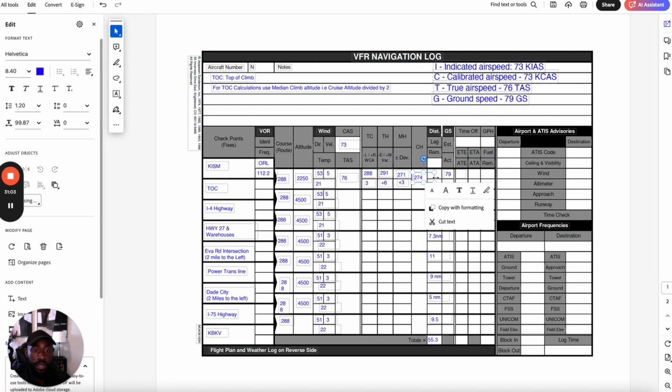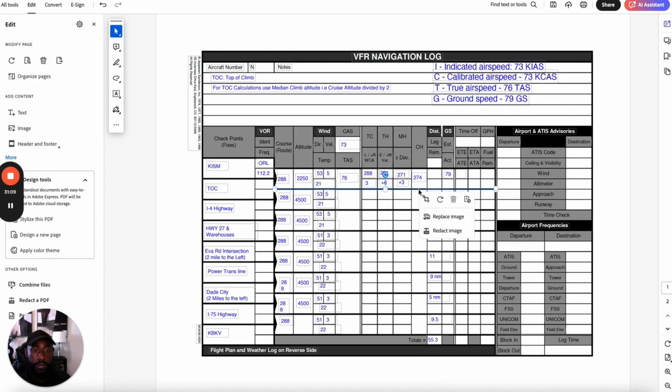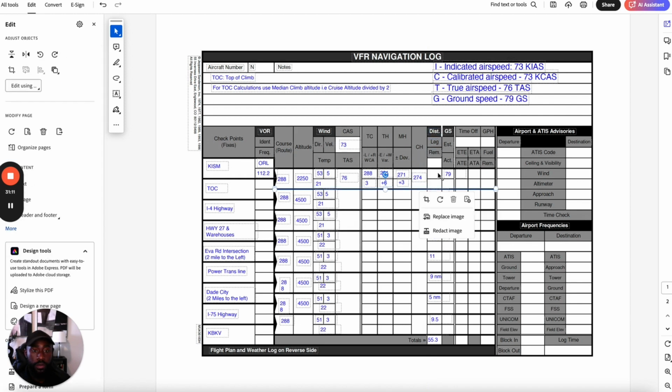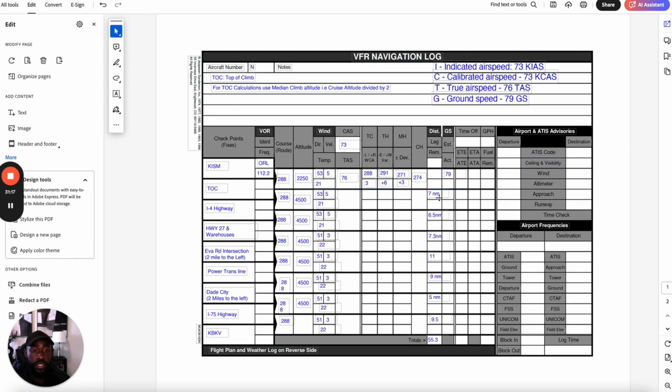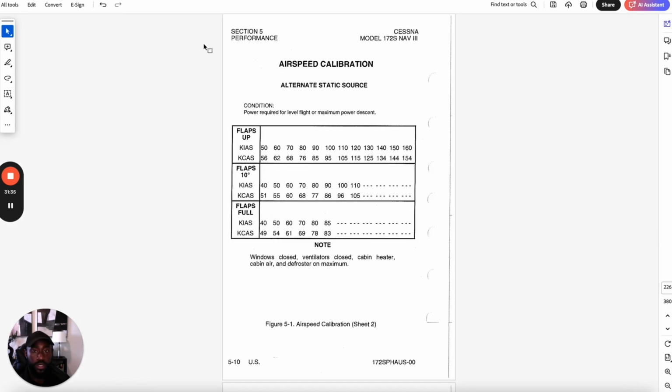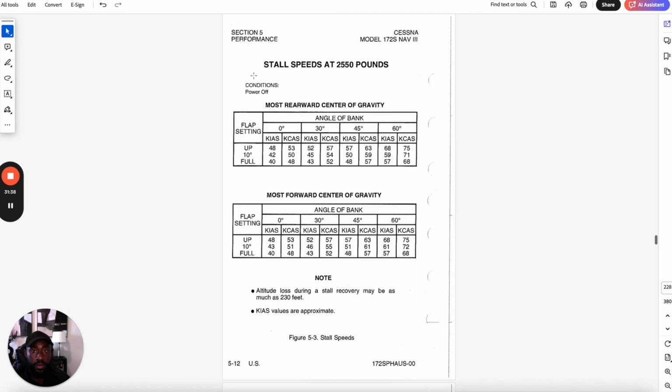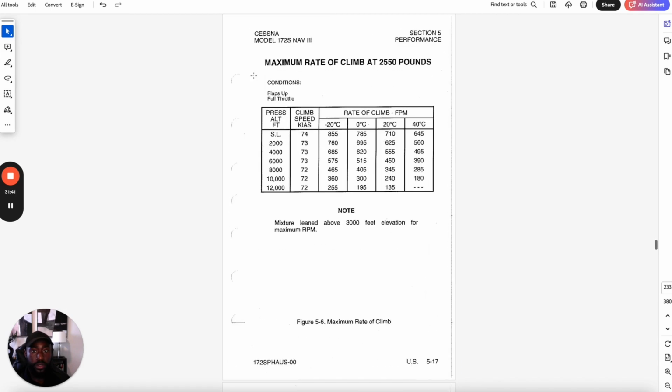So if we come back here, the next thing we'll intuitively move to calculating is the distance. If you notice, we already calculated the distance for most of these points. In order to get the distance here, you could leave this empty, or you can figure out how much distance it will take to actually get to the top of climb. So what you can do is come back here to the time, fuel and distance to climb table